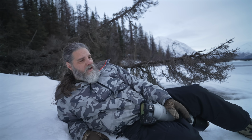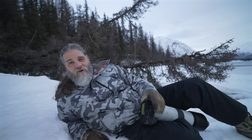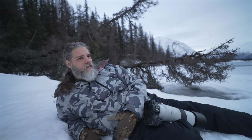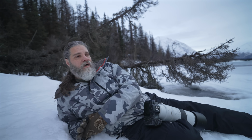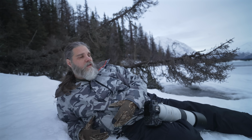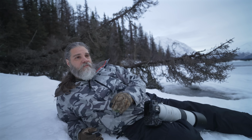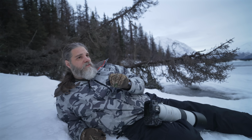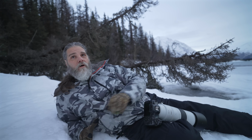But yeah, I don't really know what more to say about the R5. We already know the R5 is a really good camera. Its autofocus still works great. I can tell with the R5, with its age, it's still really sticky and still really good. But with the new Nikon 4.10 software,